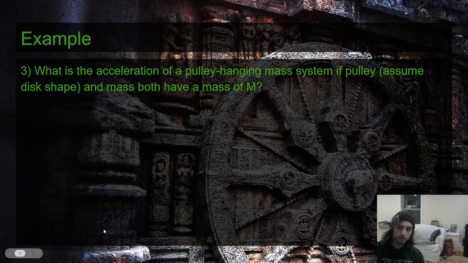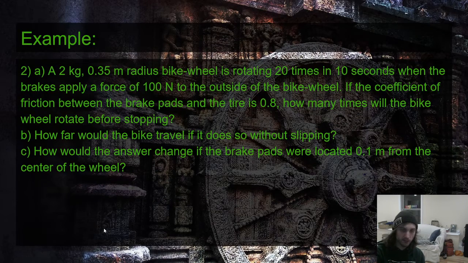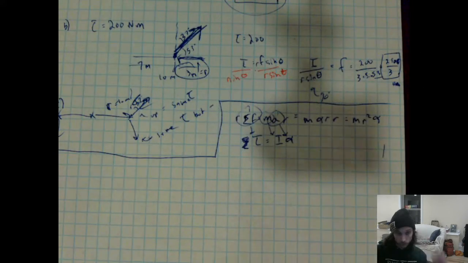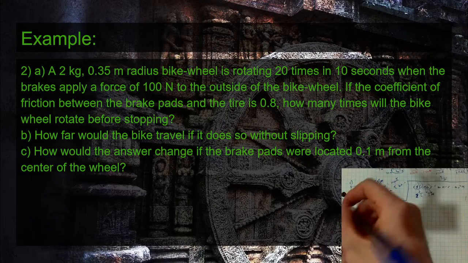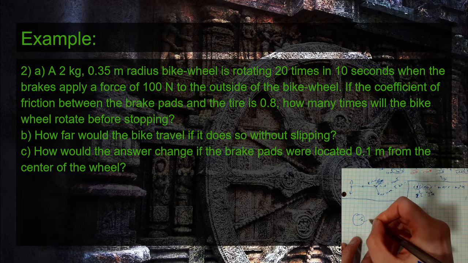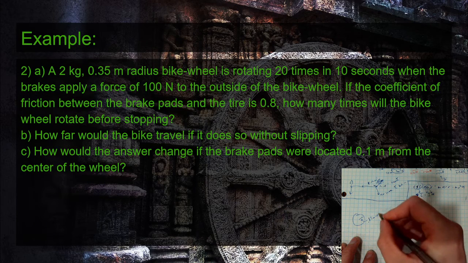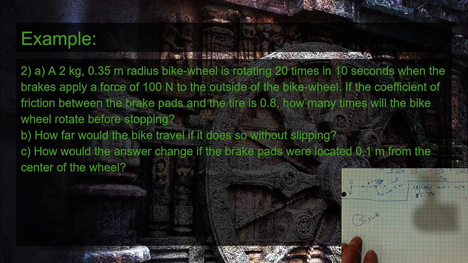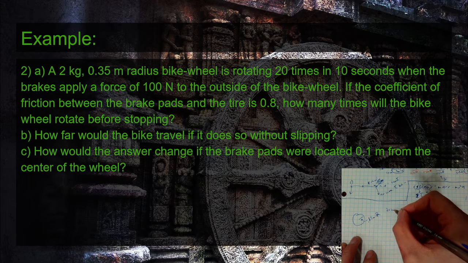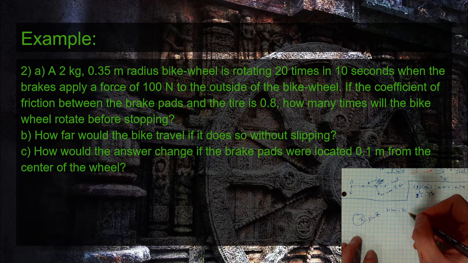So, popping that over for an easier example and then doing a harder example. We've got a 2 kilogram 0.35 meter radius bike wheel. I'm going to do capital R for the radius of the whole thing. And it's rotating 20 times in 10 seconds. When we apply a brake force,